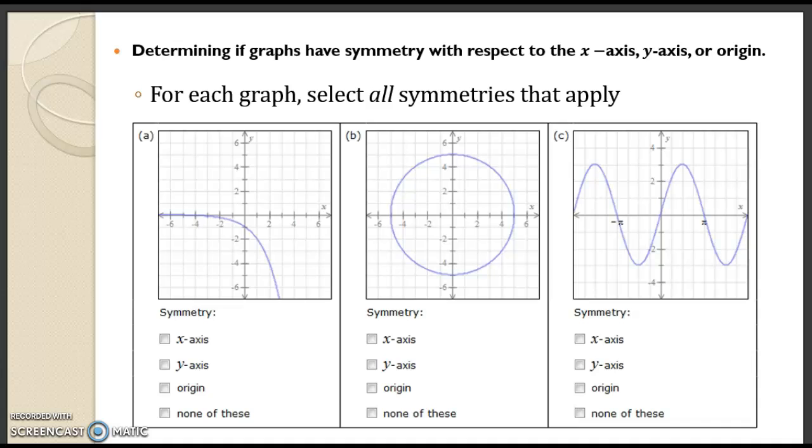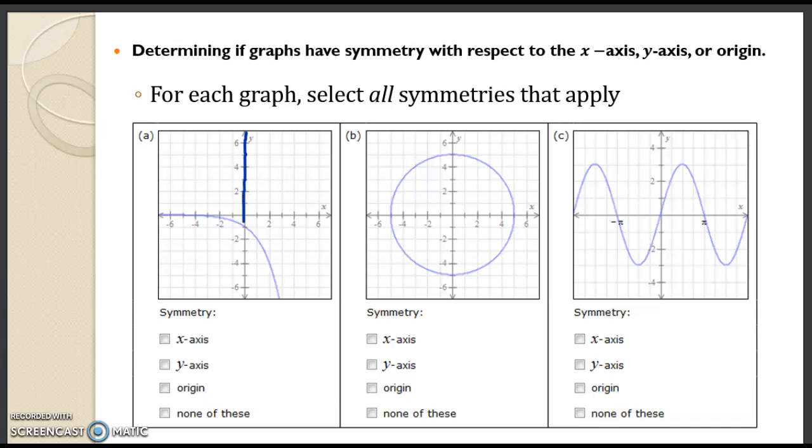Hey everybody, this video is going to go over the topic determining if graphs have symmetry with respect to the x-axis, y-axis, or origin. For each graph, select all symmetries that apply. Well, for x and y-axis symmetry, all we're going to do is consider